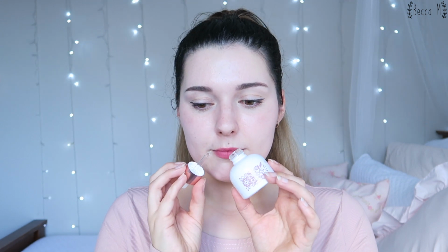I finally finished off 2 serums. I finished off my Blossom Jeju Pink Camellia Sumbi Blooming Essence Serum, and this is really lovely. I can't use it all the time, which is why it took me so long to finish, because it's just a little bit too rich for my skin. It's one of those thicker, oil-like serums, but the scent is